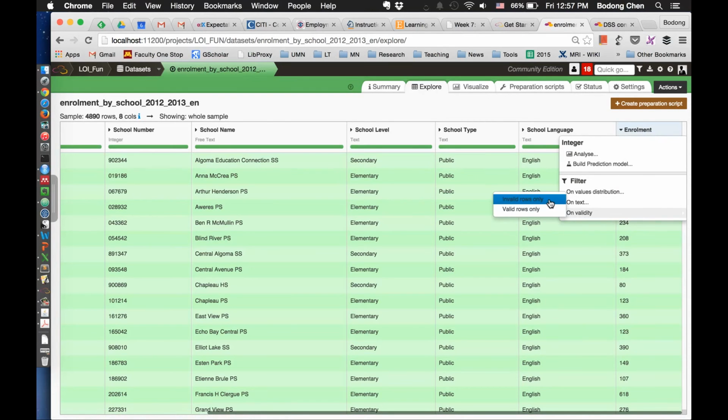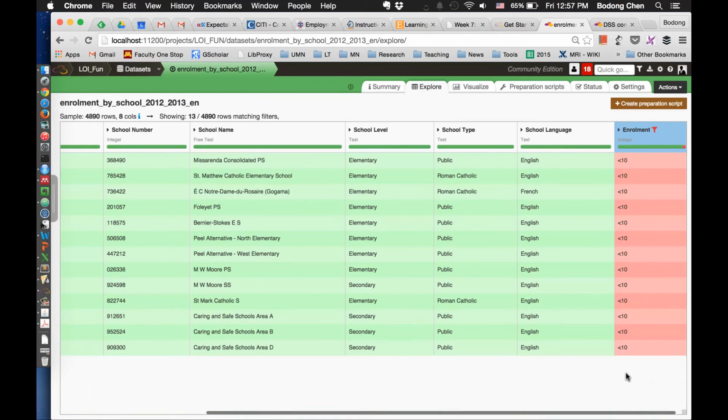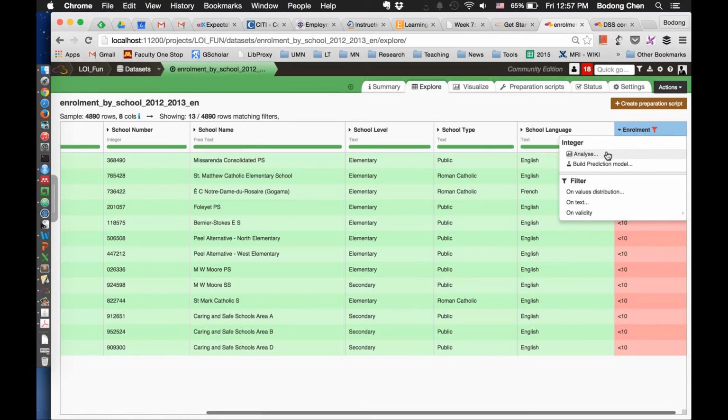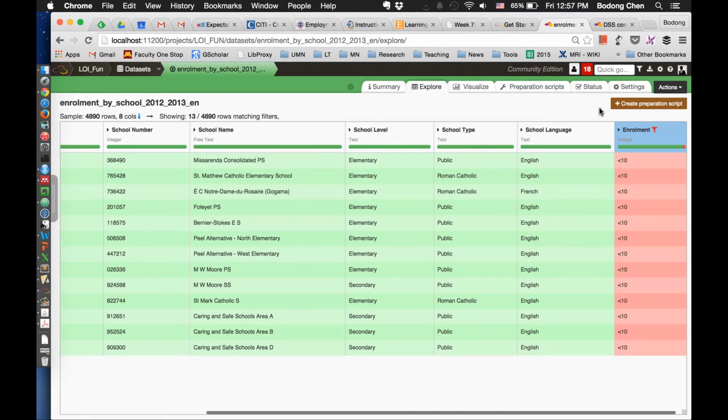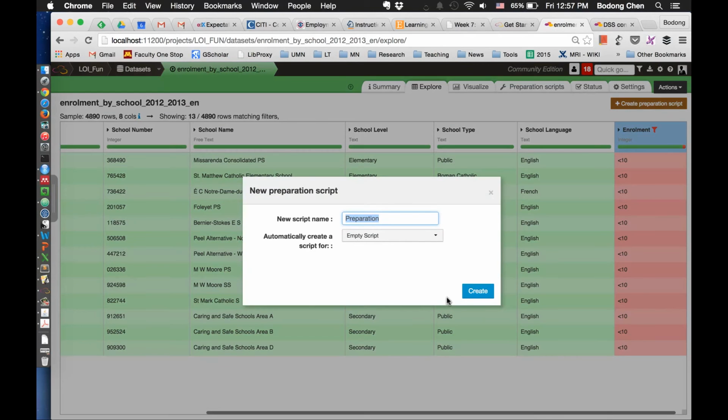Let's see the invalid rows. Okay, interesting. So they decided to use just a string value when the school student number gets under 10. So we want to clean that, and maybe we can just arbitrarily choose to replace this value with 10, just for demonstration purposes. To do that, again, we'll create a preparation script,